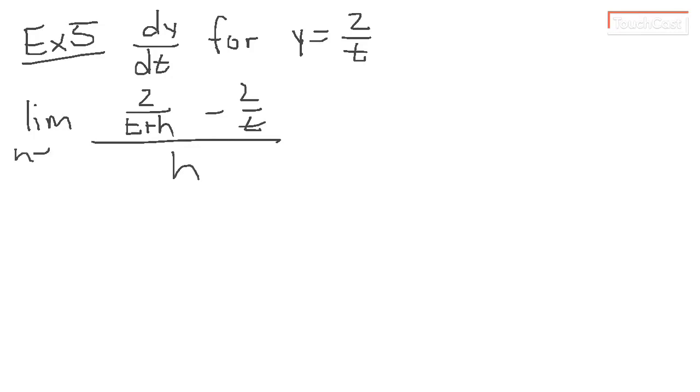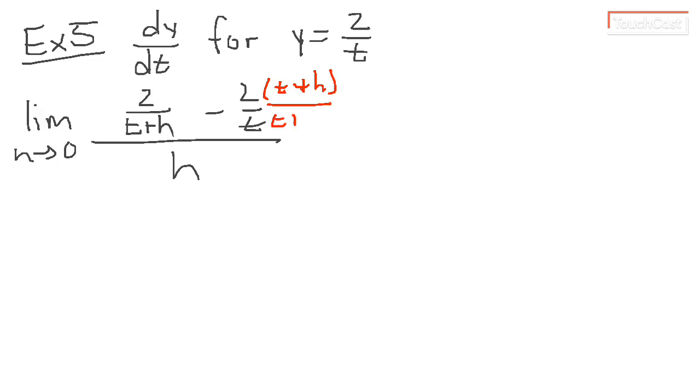I'm going to say h approaches 0. So in our numerator, we can't really subtract those quite yet. They are two fractions. We did learn a long time ago in our math careers how to subtract two fractions. In fact, two rational expressions are what these are. What we can do is multiply this second one by t plus h